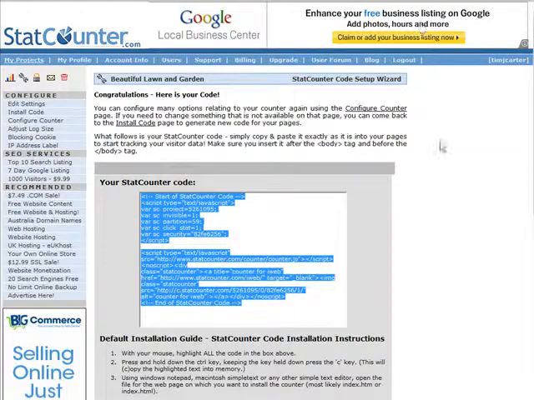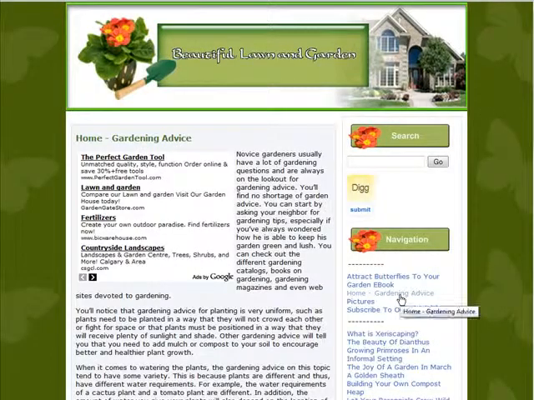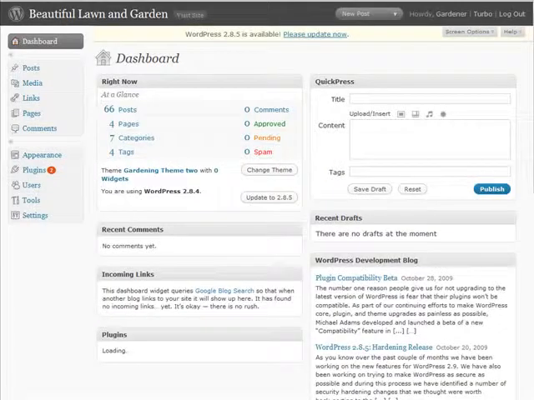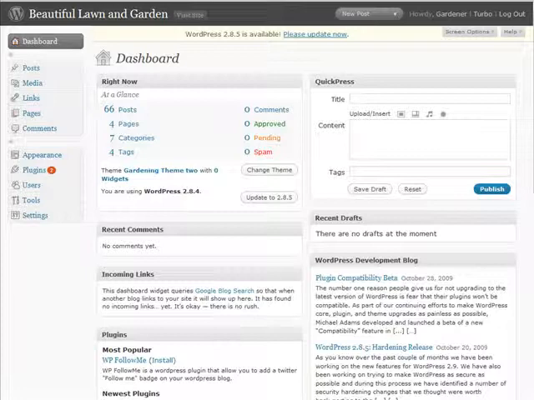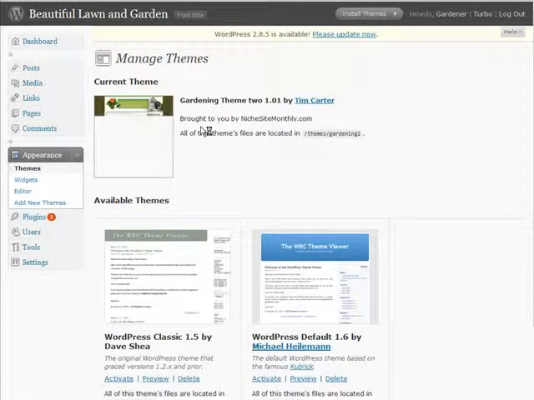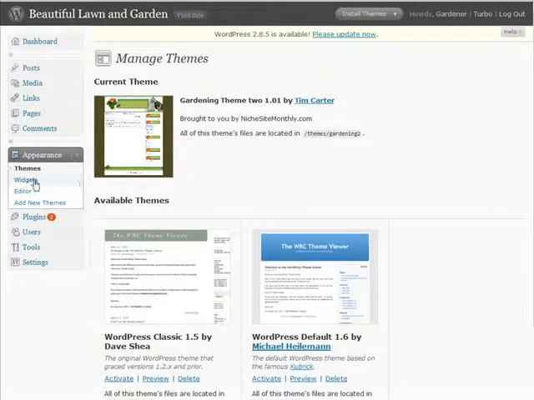Now what we do is we have to go to our blog. And then we need to change one of the files. What we need to do is actually edit the theme that we're using. So let's just go to the admin area of this blog, and we'll log in. Okay, so we're logged in now. And what we will do is go to Appearance. Depending on which version of WordPress you're using, this may all look different, but what you're looking for is your themes. Now we go to Editor,